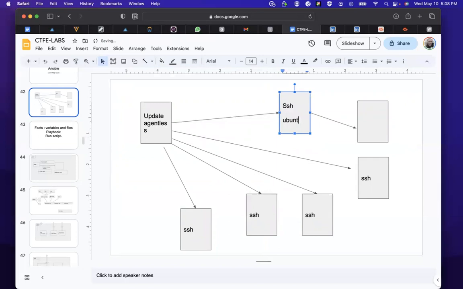By default, you can use apt to manage it, right? But what if it's on a MacBook? You use Brew, right? But Ansible may not be able to manage this one if it is hidden under this.